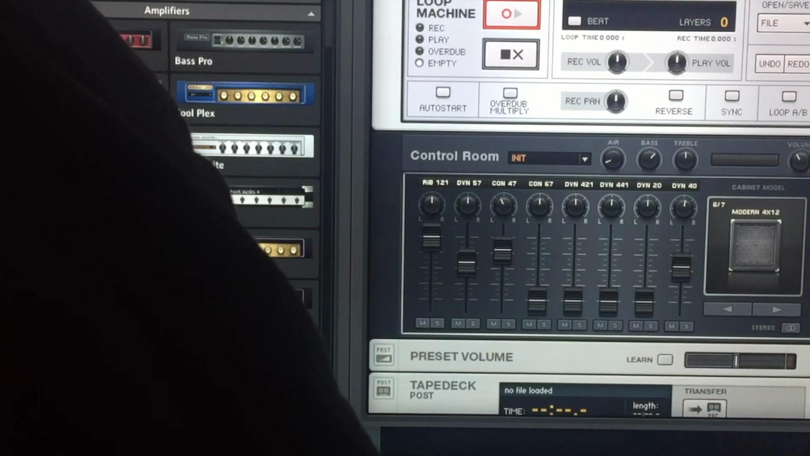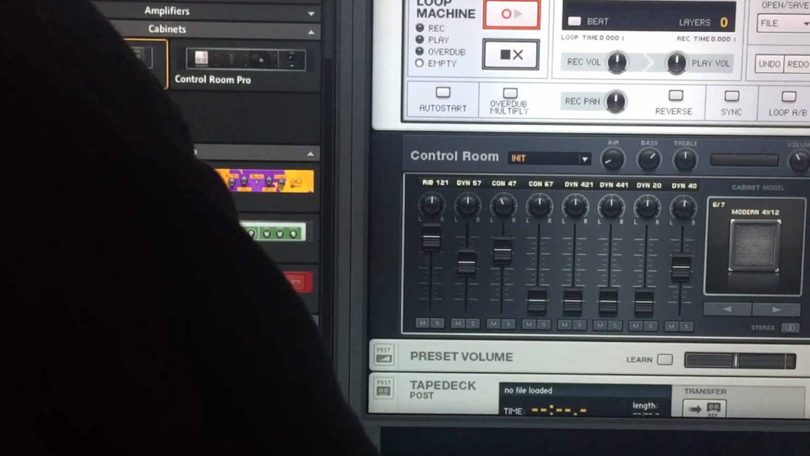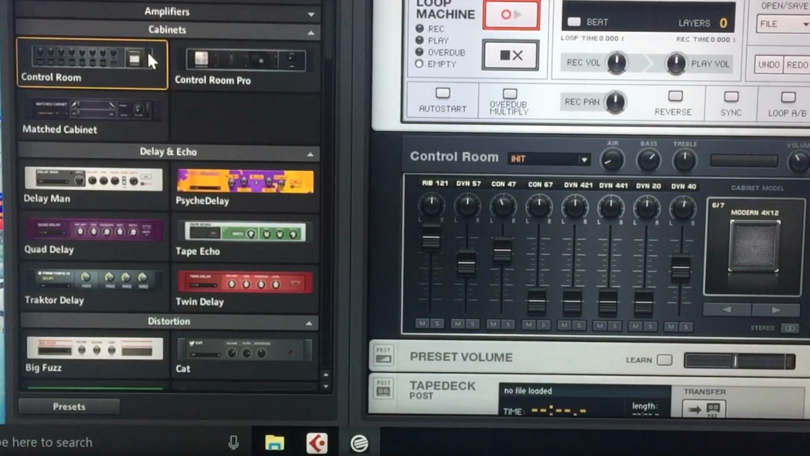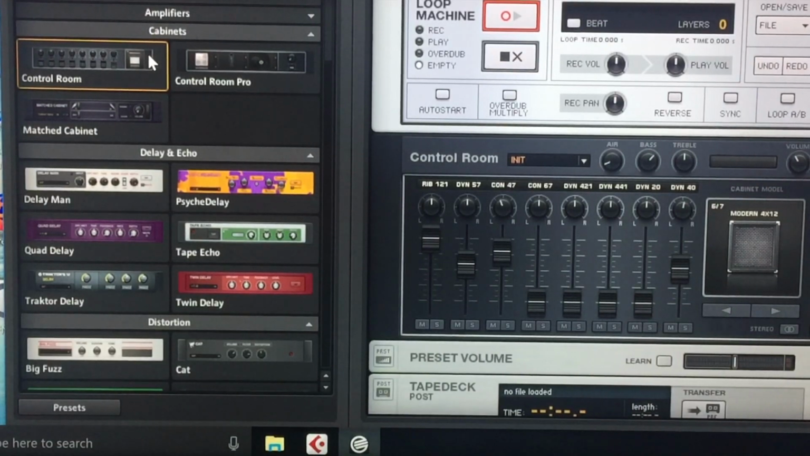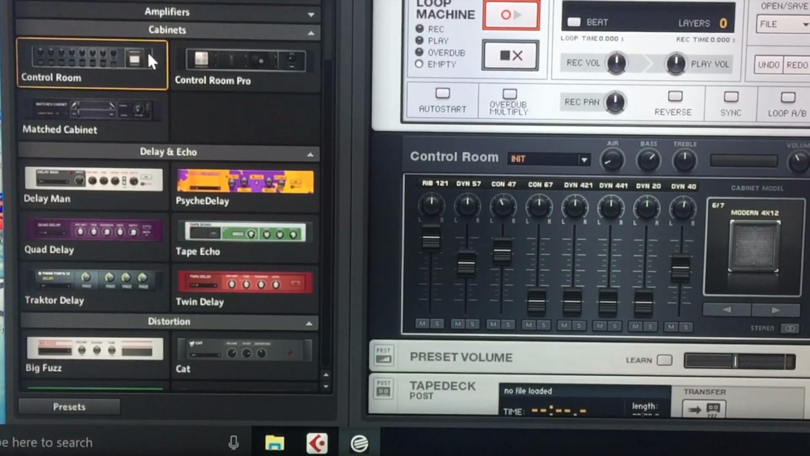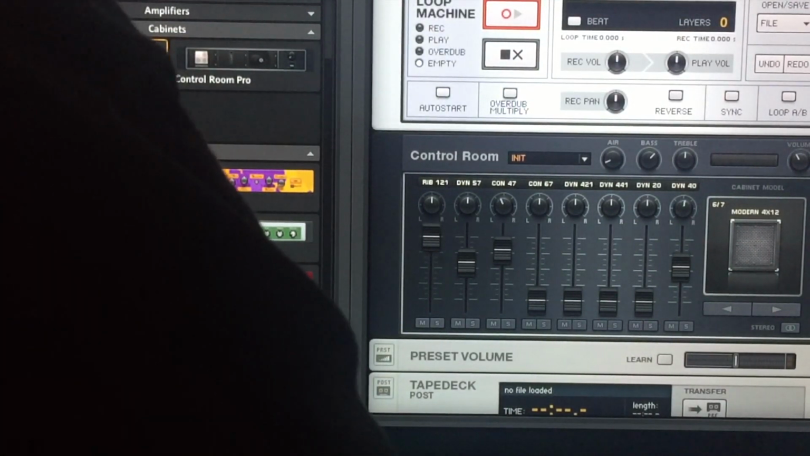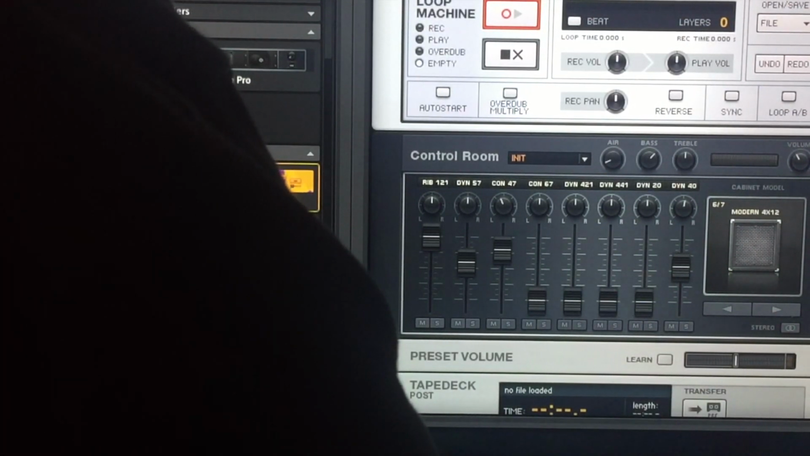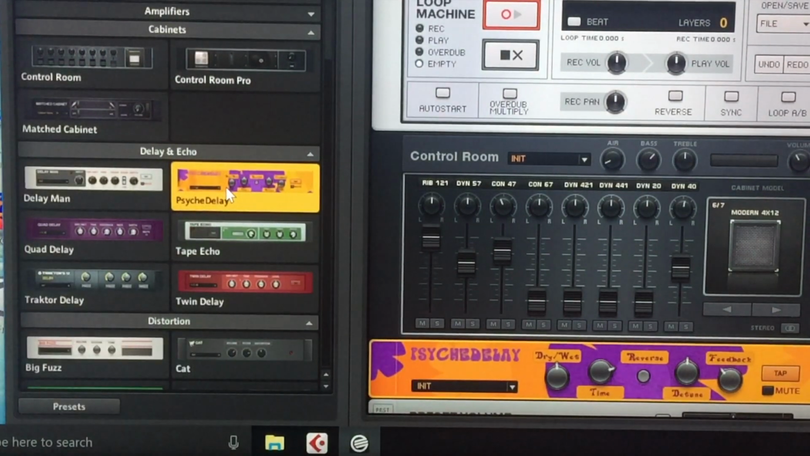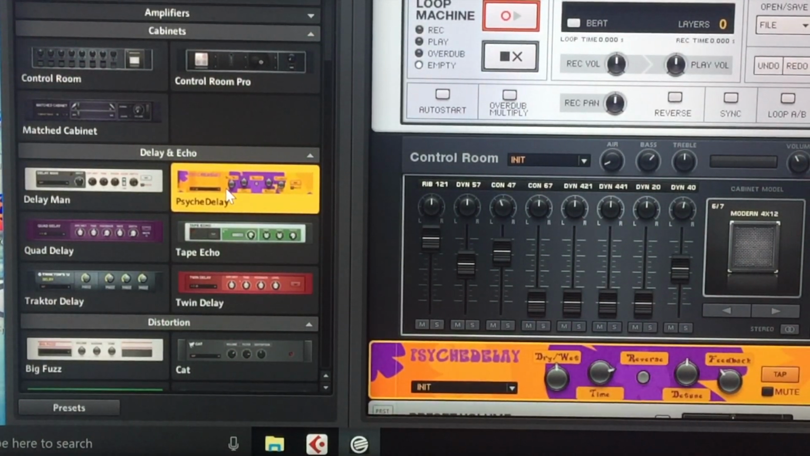And if you go components here, if you go amps, cabinets, you have your different cabinets here, your different effects here, amps and cabinets and whatnot. You can pick those. You can also pick your delays. So if we add a psych delay here, we use that. You can use patches. So if we add that,